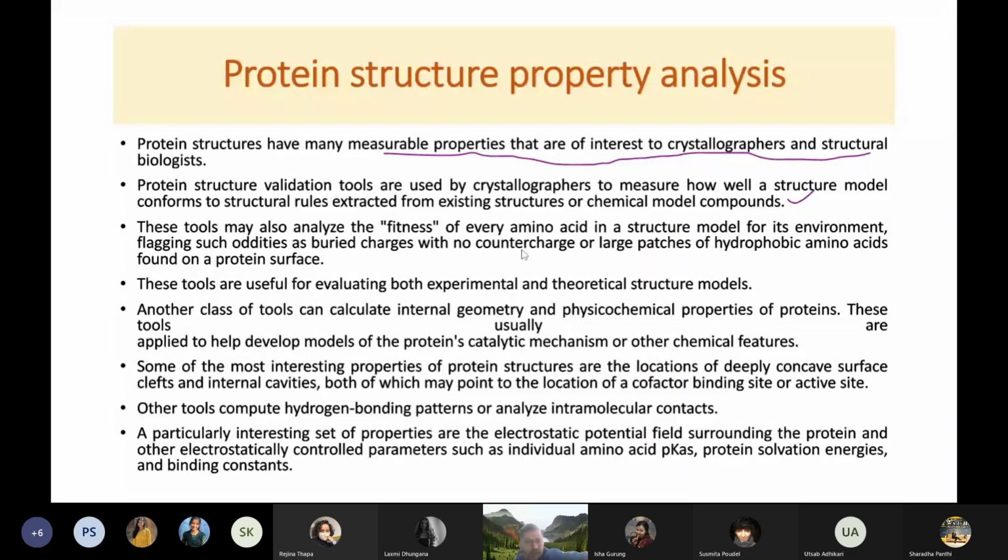So this tool may also analyze the fitness of every amino acid in the structural model for its environment, flagging such oddities as buried charges with no counter charges or large patches of hydrophobic amino acids found on a protein surface. So different tools we can do certain analysis. So these tools are useful for evaluating both experimental and theoretical structure models. Different protein properties we can come up with, these kinds of protein